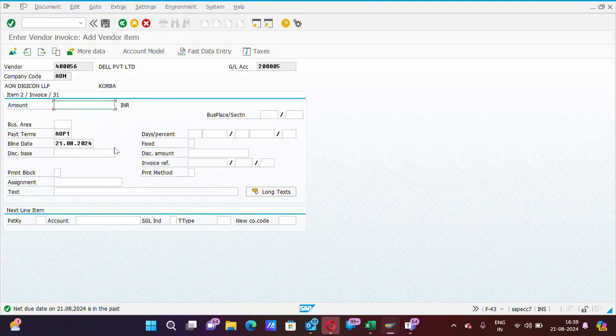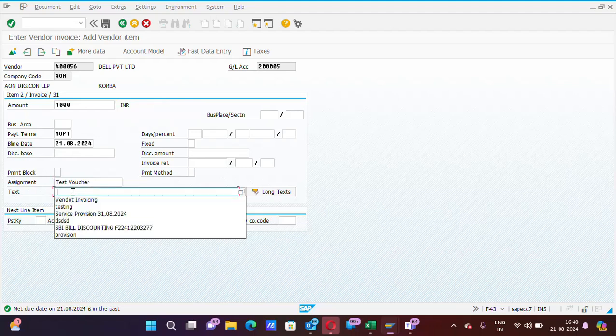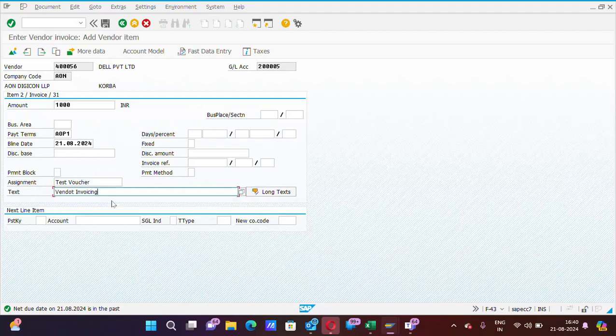The amount will remain the same. The debit amount was rupees 1000, so the credit amount will also be 1000. Assignment will also remain the same, and you can change the text if you want to. Press enter.